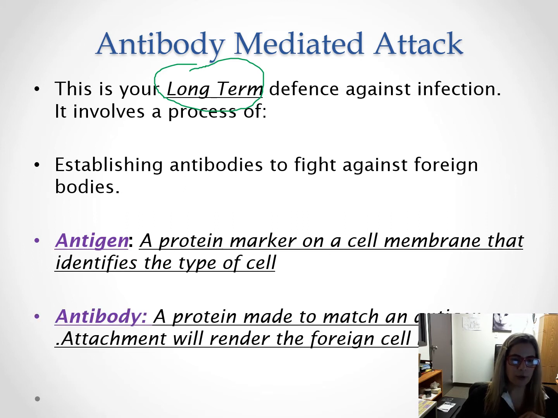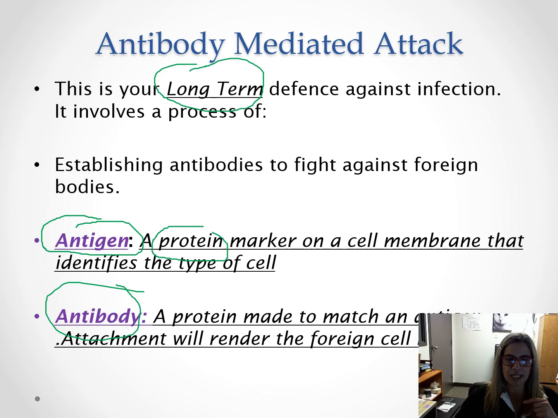So in terms of terminology, and this will be important when we move forward into blood types as well, antigen and antibody are two important terms, and it's easy to get them confused because they have the same prefix, right? One thing I want you to remember about antigen is this is the specific protein that identifies a type of cell. Antibody is the Y-shaped protein made that is specific